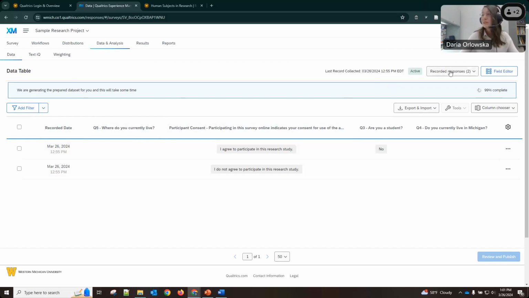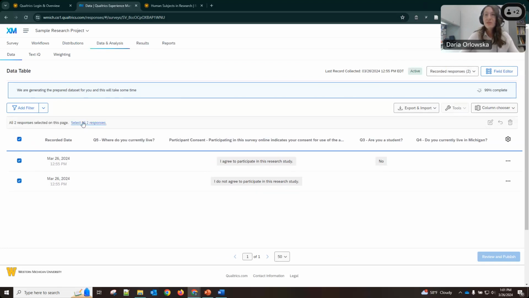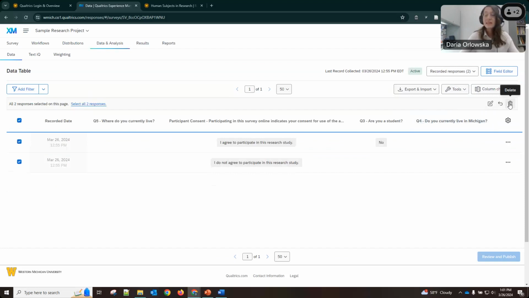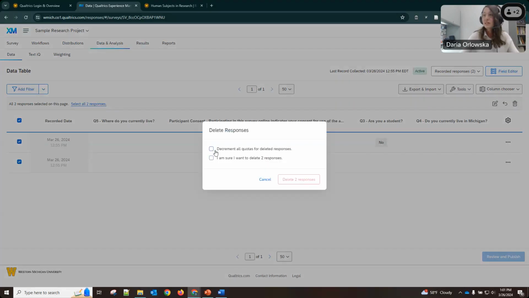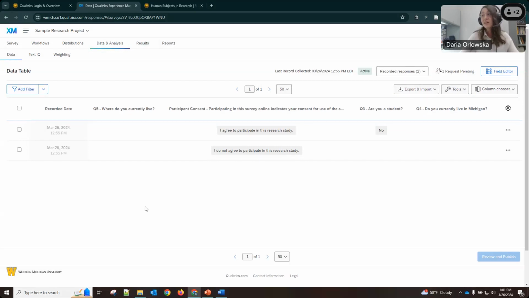The way that you do this is you click on this check mark next to recorded data. We have these two responses selected, and now we can click that trash can to delete. I'm sure that I want to delete them, and now they are gone. It might take a little bit of time, but they are no longer present within your data set, which is what we want before we disseminate the survey.